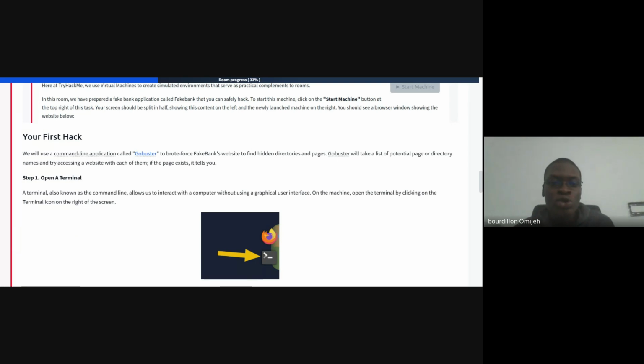So what we're going to do today is use this GoBuster tool on the command line to find those hidden pages. When you see this word directories, it's to find hidden directories and pages. Directories is just a big word for folder. When you see directory, you're talking folder. So we're going to use it to find hidden folders and hidden web pages.